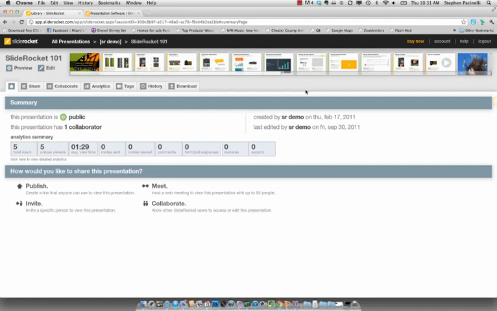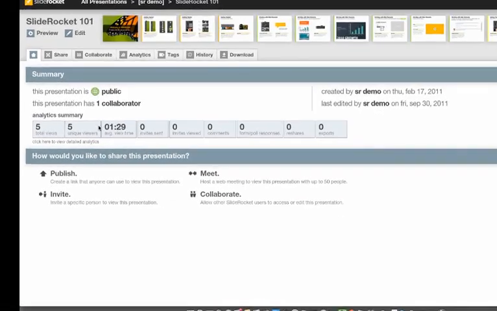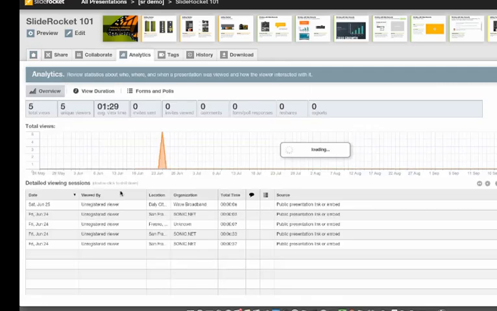So check this out. I'm viewing a SlideRocket 101 presentation here. You can see the slides on the top of the page. I can see the total views, I can see the unique views, and the average time, but we can break this down so much further and go into the analytics and check out the views by day, the views by